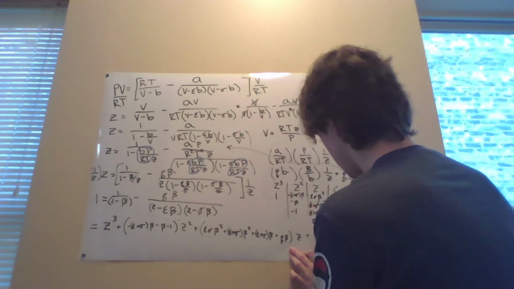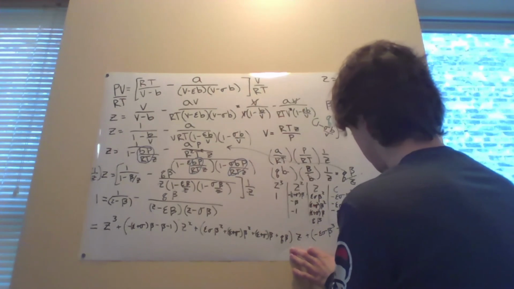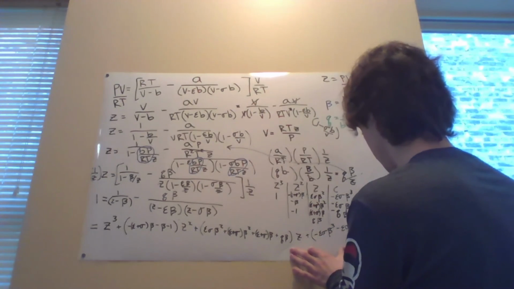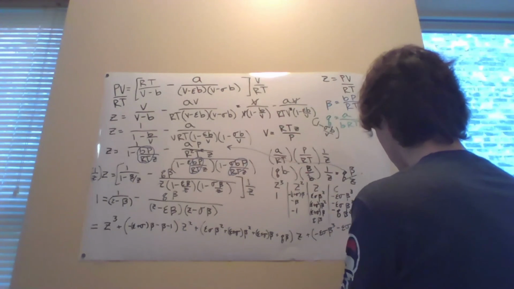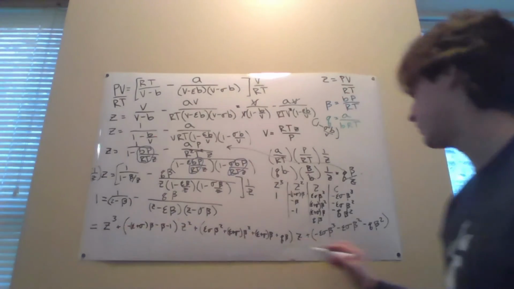So we'll have plus negative epsilon sigma beta cubed minus epsilon sigma beta squared minus q beta squared. And so this is our final equation,